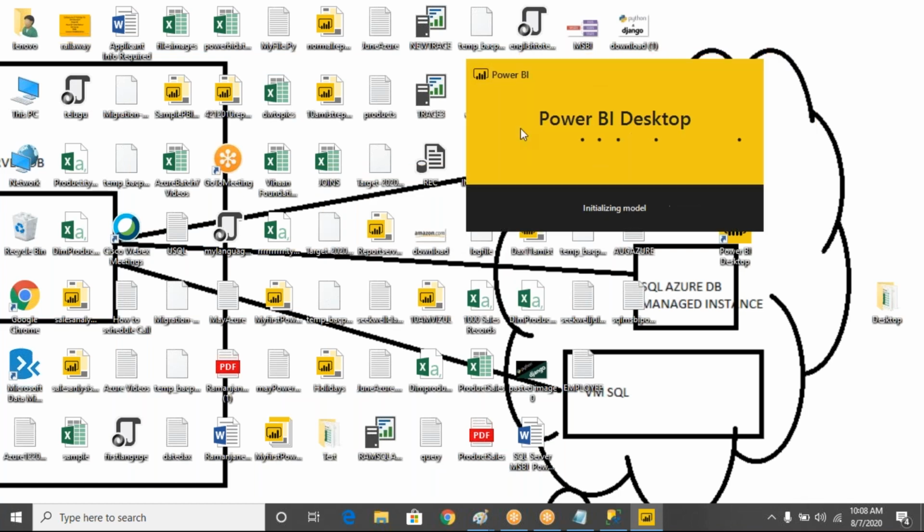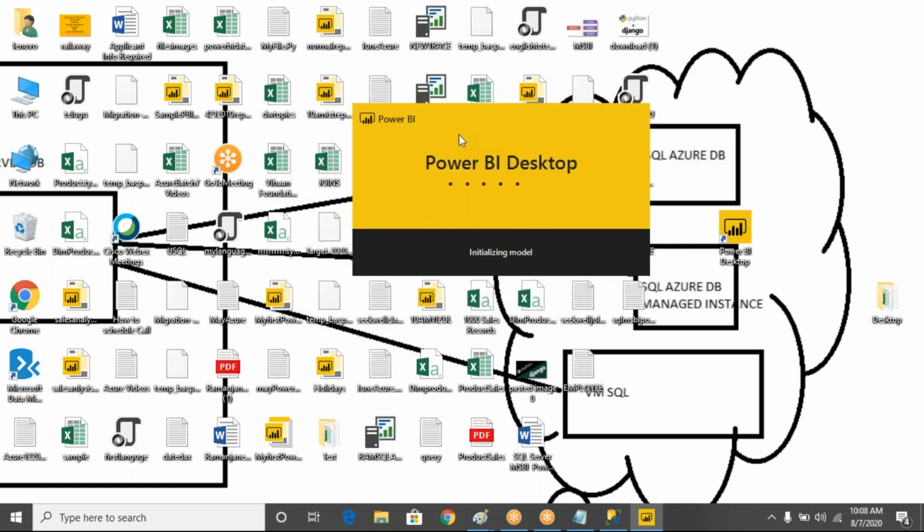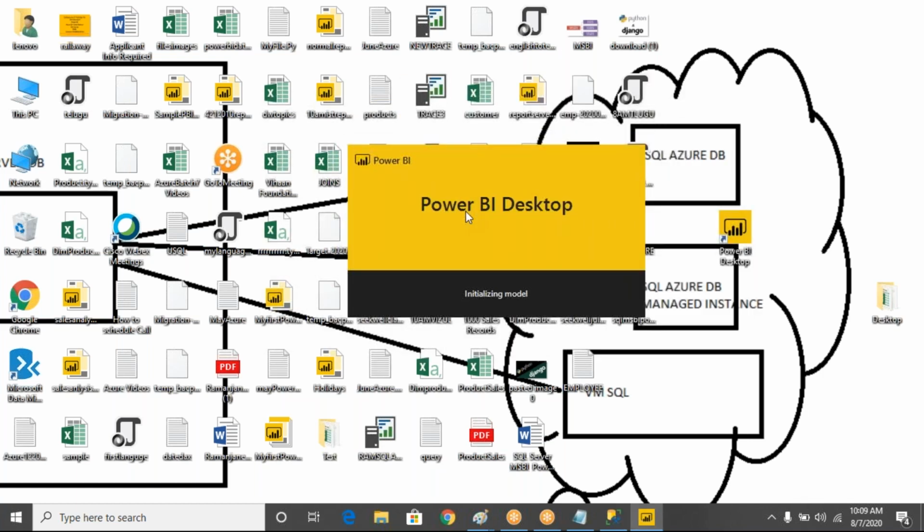So we have a Power BI desktop over here. To establish a connection to your data source, we have to take the server name. What is your SQL server name, and what is your